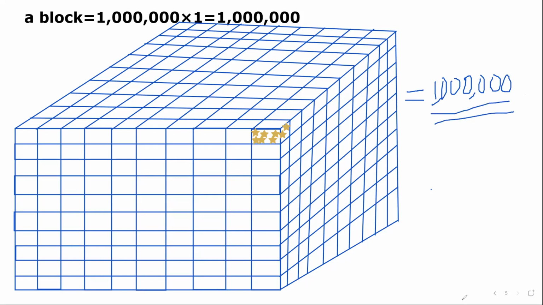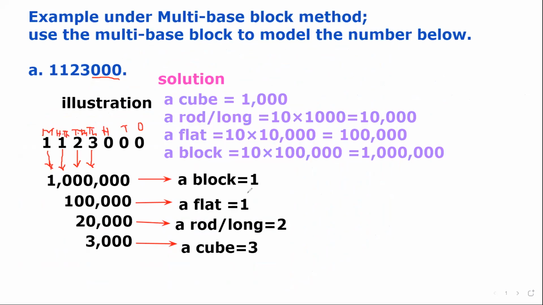Because what we started with, for example, under the multi-base block: use the multi-base block to model the number below. The number was 1,123,000. Okay, and this 1,123,000, you choose your keys. When you choose your keys,